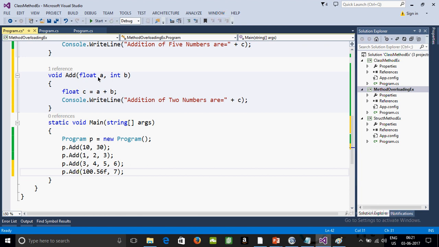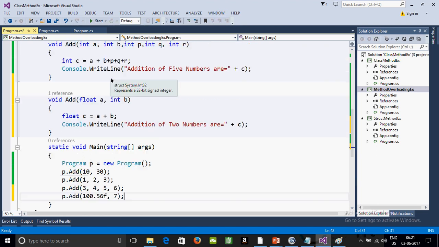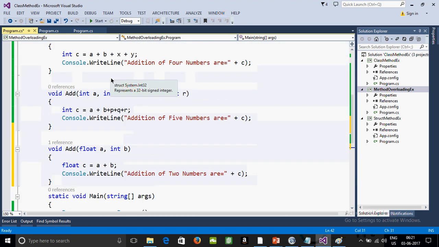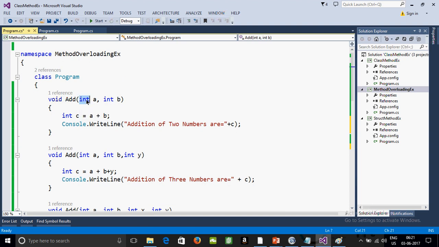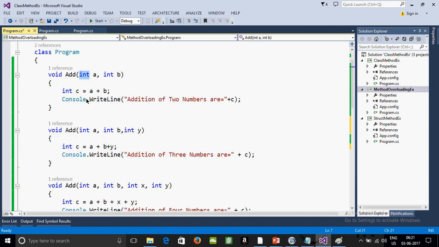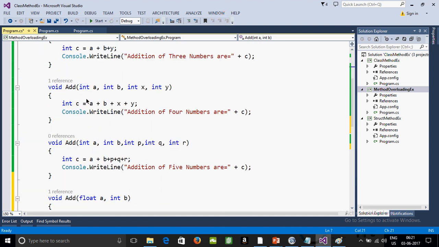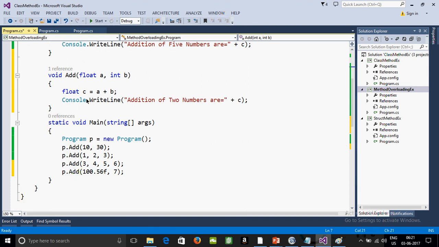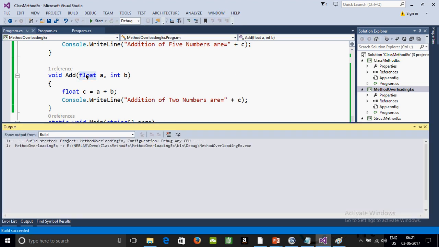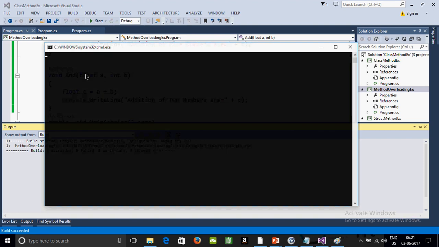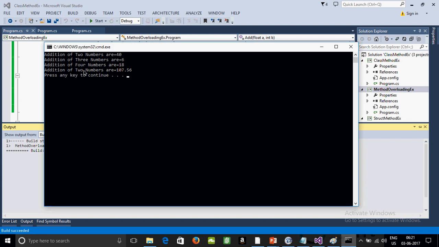Why is this method working? It also takes 2 parameters, and the first one is also taking 2 parameters. But here the signature is different. The first one is of integer type, and the second one is of float type. So when your parameter is of a different type, in that location this overload method will work, right? So here I show the result. Addition of 2 numbers, the first is 40, the second is 107.56, because the signature is different in both locations,